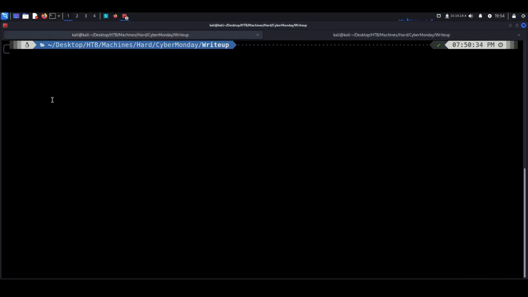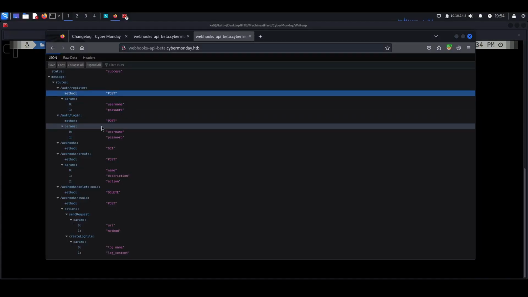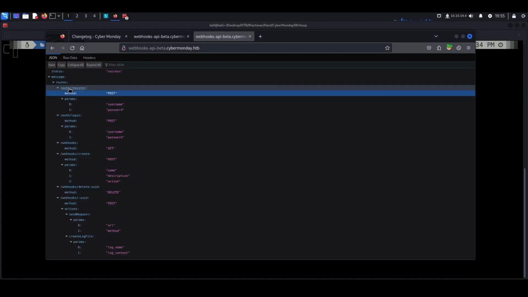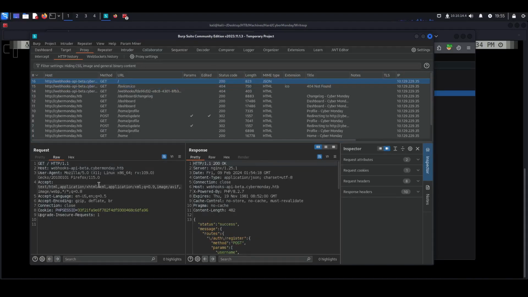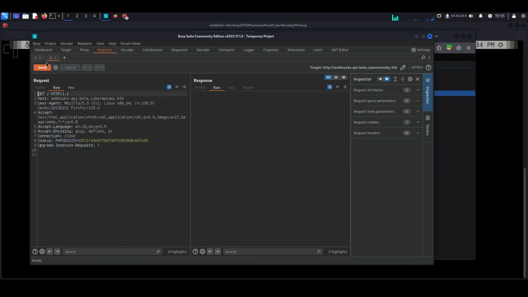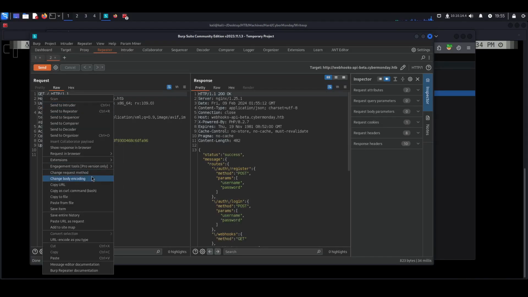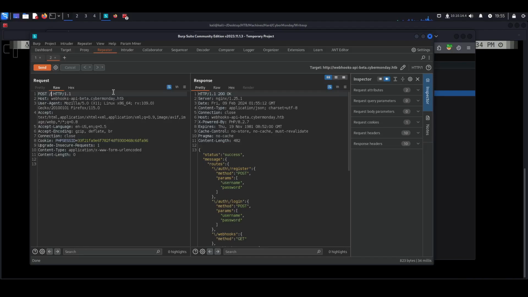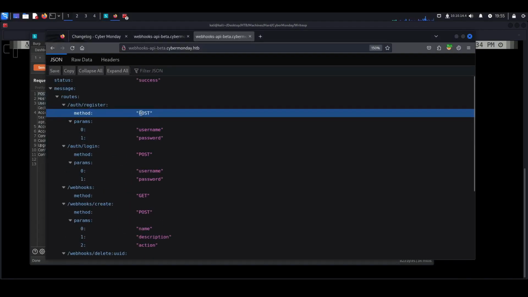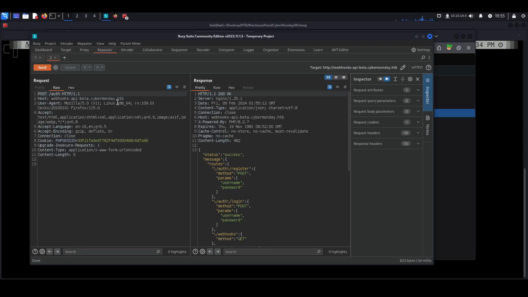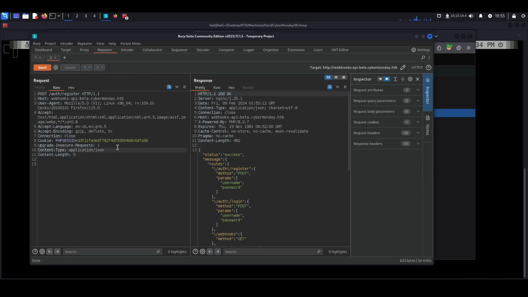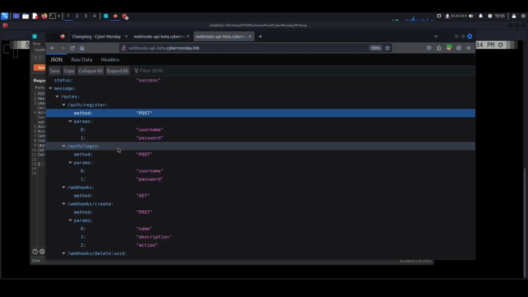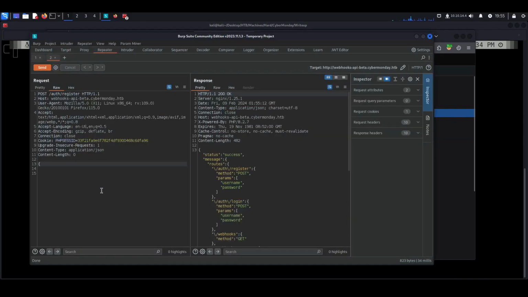The first thing that I'm going to do is, let's try and use, I think we'll use auth register to make an account. So let me just go back to our history here. That's a GET request. Let me just send that to the repeater again. We're going to change the request method to POST, and we're going to do, what was it? Let me zoom in so you can read that. Auth register. I think this needs to be application JSON data. And then I think we can see it just needs a username and a password parameter. So we're just going to say